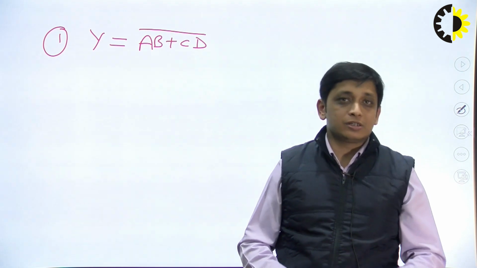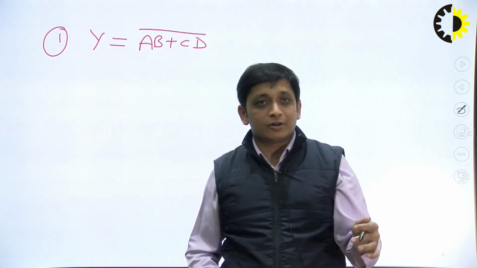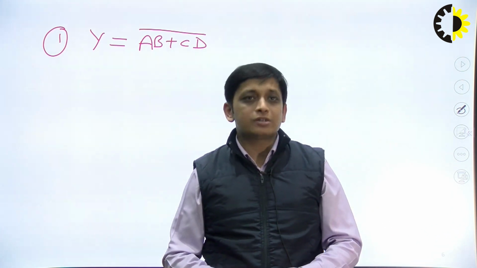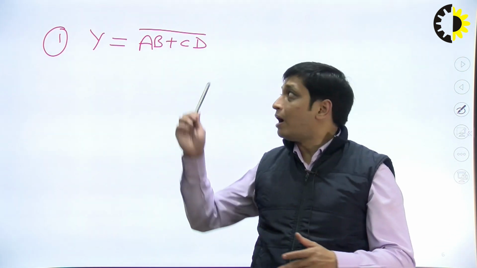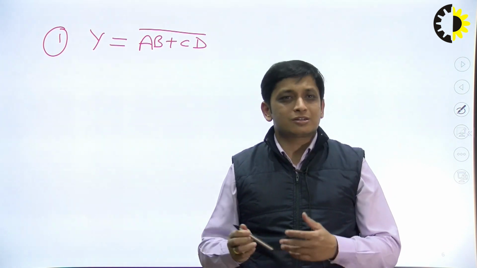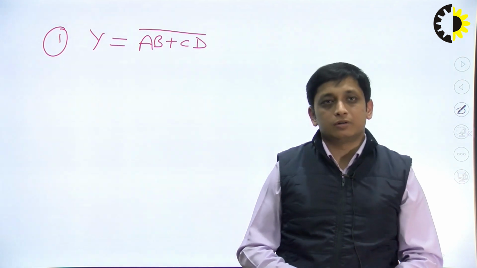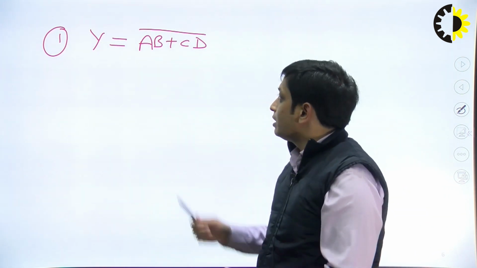The first method is just take a double bar and solve it using De Morgan's theorem. That is one approach. Another approach is, if there is no overall bar in the expression, then just draw the circuit and connect the CMOS inverter at the output side. But that is important, right? So from here you can see that